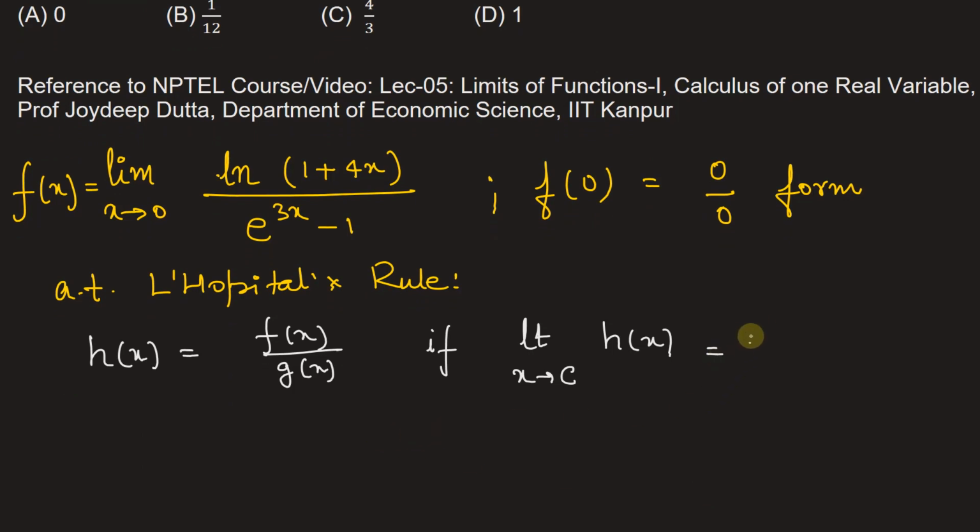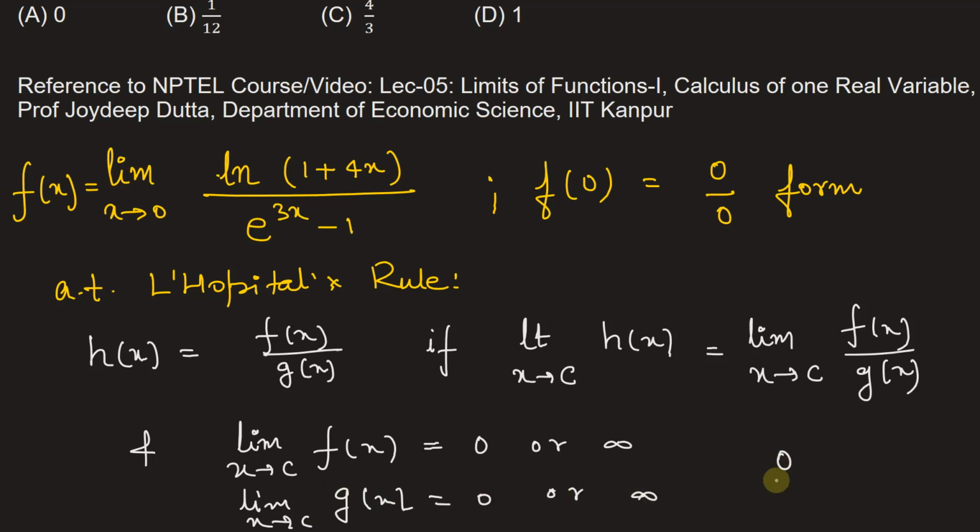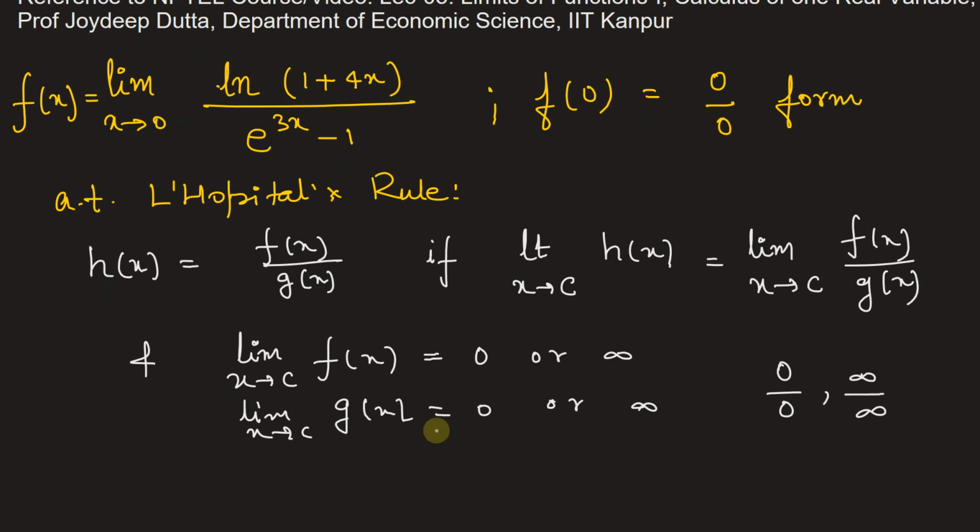We can write this as limit x tends to c of f of x by g of x, and if limit x tends to c of f of x is equal to 0 or infinity, and at the same time limit x tends to c of g of x is equal to 0 or infinity, so we get a 0 by 0 form or an infinity by infinity form, and these forms are indeterminate. So what we can do here to find this limit,